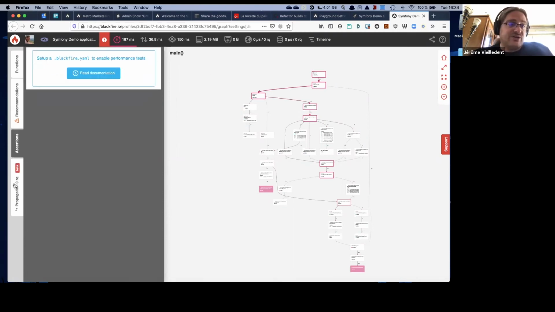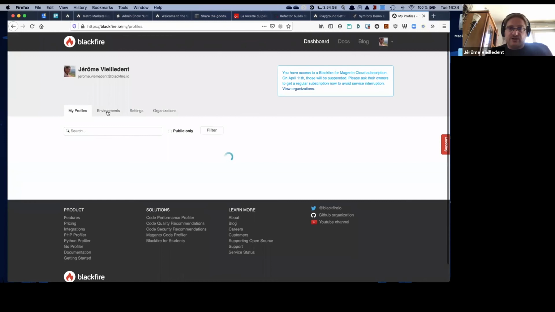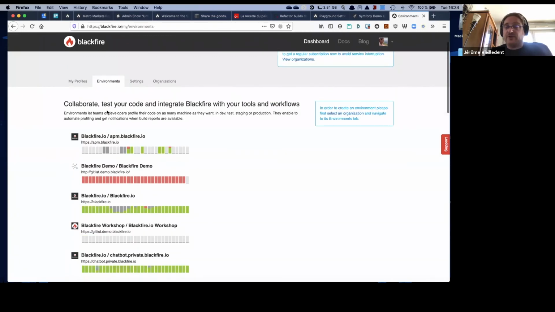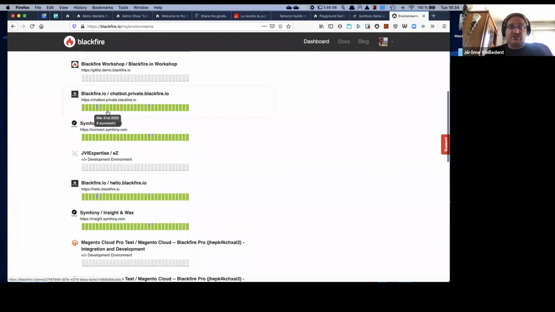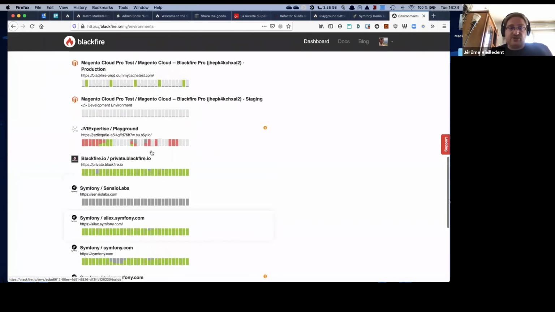You will also have assertions and propagation, which are different things. I hope we'll have time to cover this, because you need to set up a Blackfire.yml file in order to enable automated performance tests. So this is the next thing I wanted to show you about the builds, because the thing about Blackfire Premium and Enterprise is that you can automate everything. So if I go here,